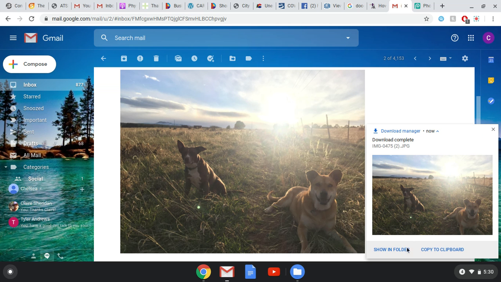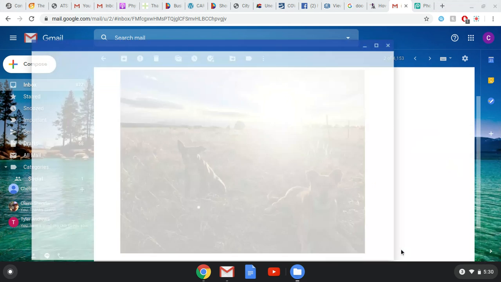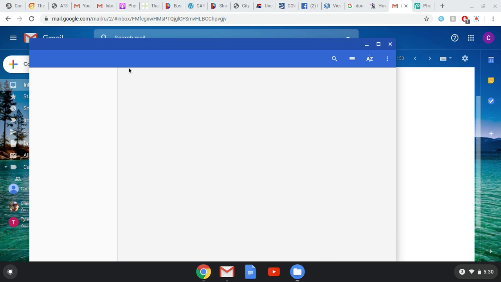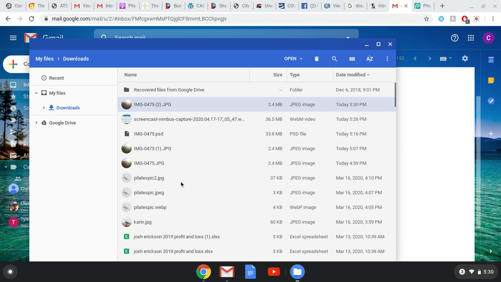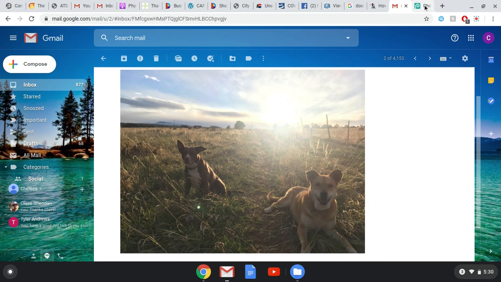And what I like to do is I actually like to click this show in folder option, because it'll pull up the computer components for me and show me exactly where that picture went. So I can see that it went to downloads here. There's my picture. So when I'm trying to open it up in any other program, I know exactly where it is. So I'm going to go ahead and click out of that, and I'm going to go ahead and open up